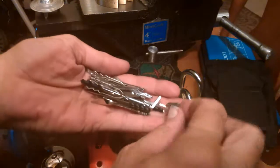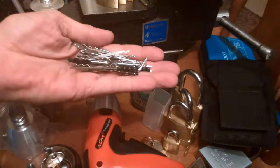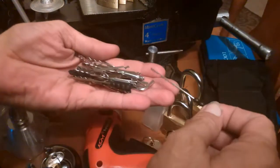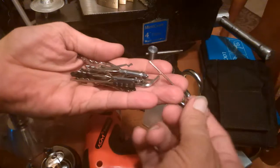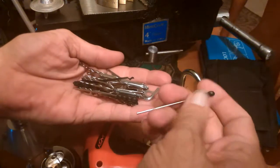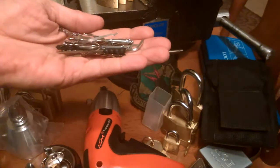But you've got a replacement little warhead guy there. We'll put him back in the container behind you. These, you know what? I have no idea what they are. They're different thicknesses. It looks like something acupressure. What the hell would you use them for? I don't know. Strange. We'll put that in the